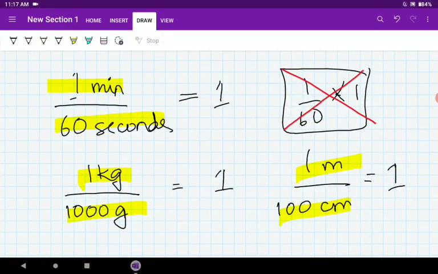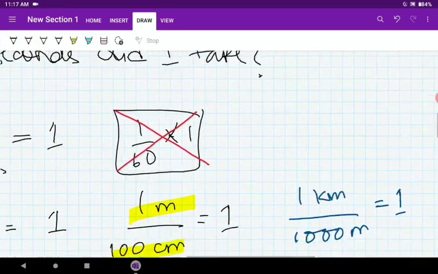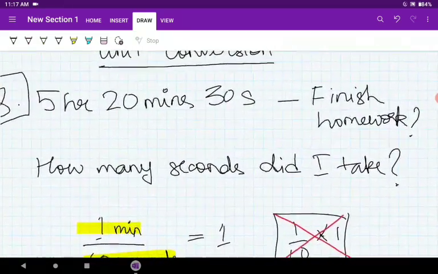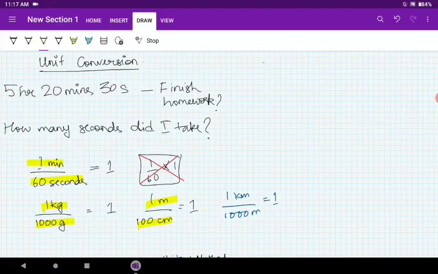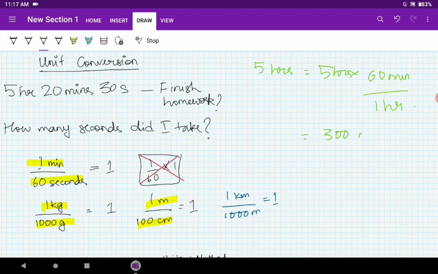Now if we come to solve this question, we will understand it one final time. So 5 hours and 20 minutes. First we will convert 5 hours. 5 hours into how many minutes does 1 hour have? 60 minutes divided by 1 hour. Both are equivalent. So we have 300 minutes, and we again have 20 minutes. So 300 plus 20 equals 320 minutes. You understand, na? 20 minutes is also written there in the question.